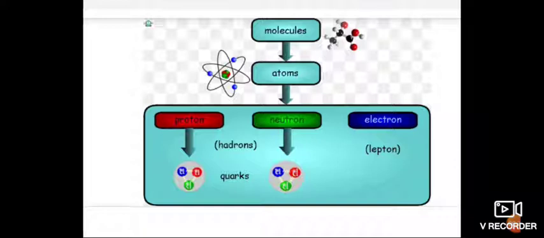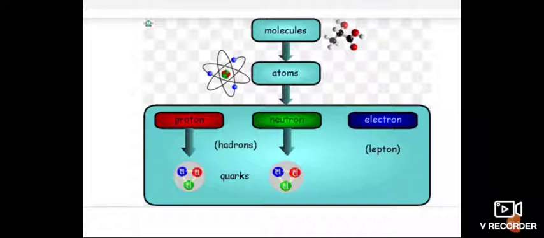When you see the scientists' work towards the discovery of all those fundamental particles, the first experiment was done by Michael Faraday in 1830. In your textbook it is given how this experiment was carried out. He passed electricity through a solution in an electrolyte. Chemical reactions occurred at the electrodes.